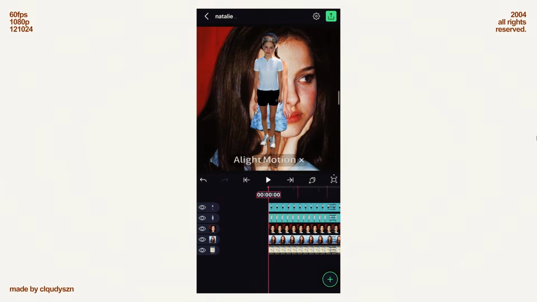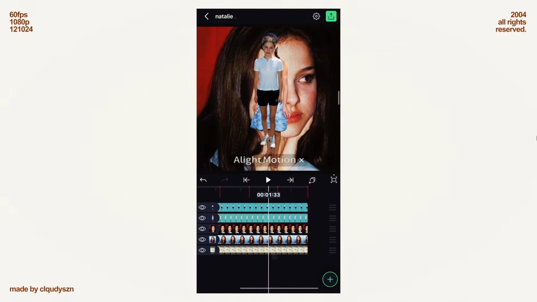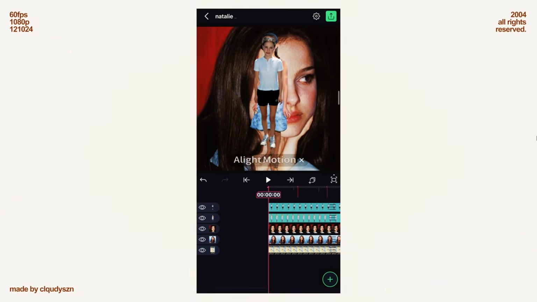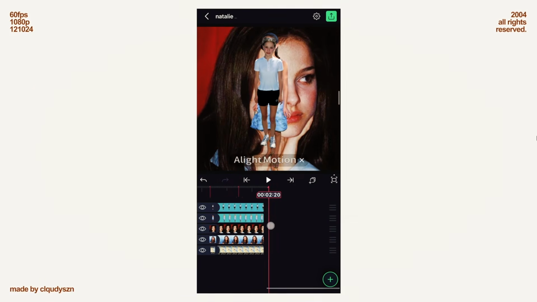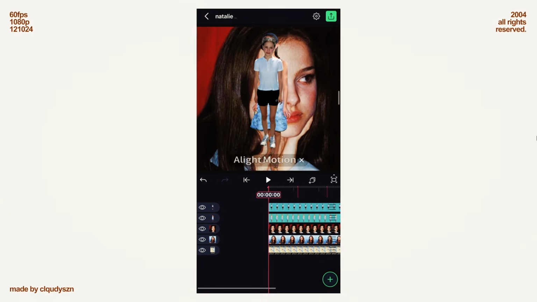Open a new project and import all your clips. Make sure you have 5 beats in total. This is beat 1, 2, 3, 4, and 5. Start by hiding the 2 cutouts of the person you're editing,